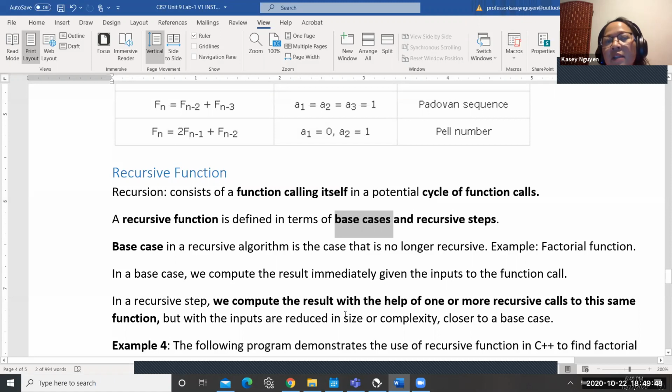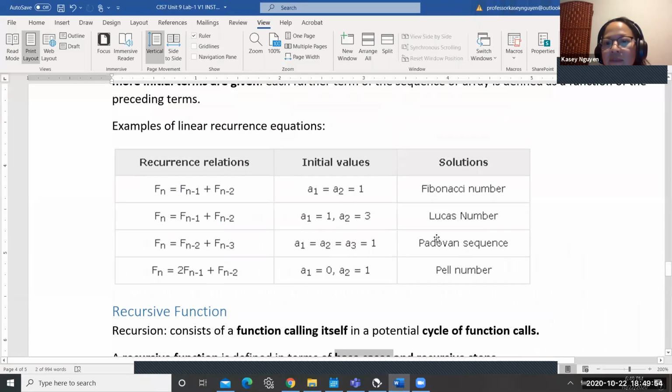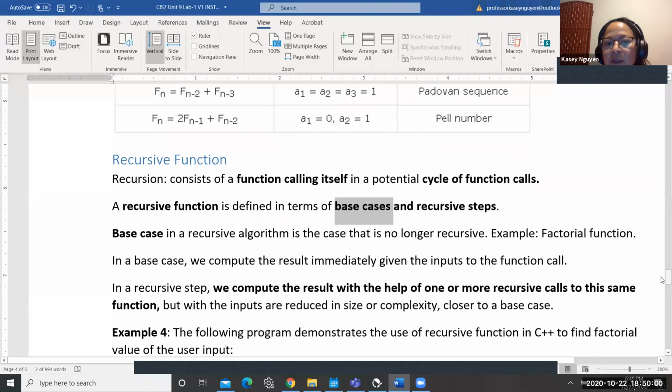And you would include them in the other ones too, because if you don't, as you can see, Lucas and Fibonacci have the same equation, but the bases are different. So if you use a recursive function, you need to state the base case and you need to state the recursive steps. Okay.